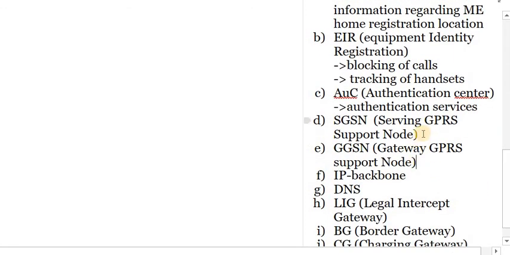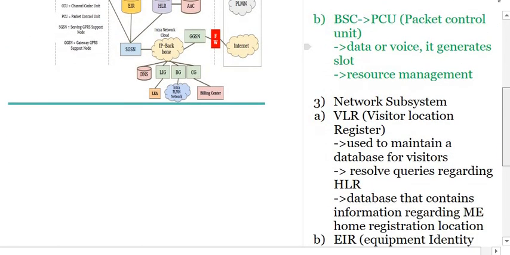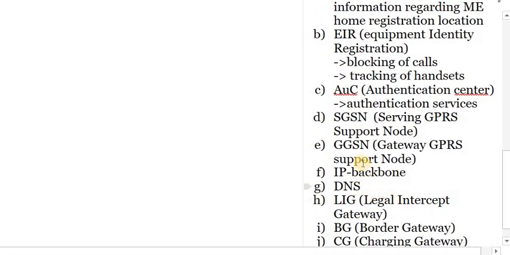Then what about the SGSN, serving GPRS supporting node? You can see one term is missing in this third component of the GPRS, that is called MSC, Mobile Switching Center. In the GPRS architecture, this MSC is replaced by SGSN.